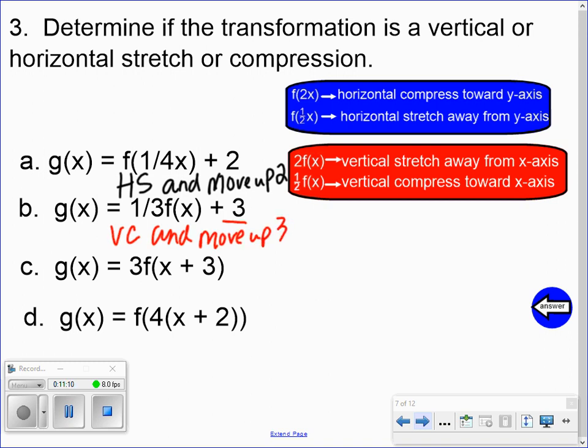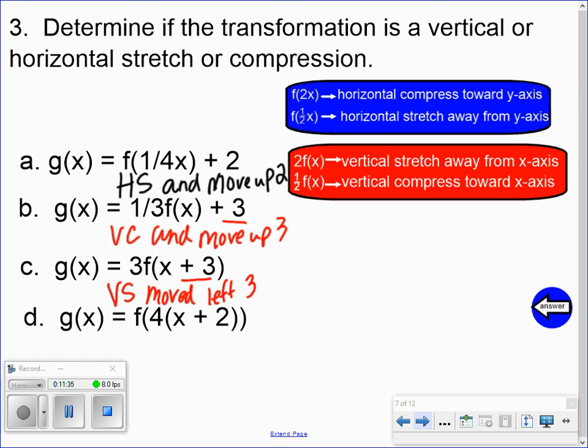If we look at C, again, that number's on the outside, so it's still vertical. So we have this time a vertical stretch because it's a number that's greater than 1. And we have +3 on the inside. Remember that this moves it to the left 3. And then if we're looking at the last one, we see that it's f of 4